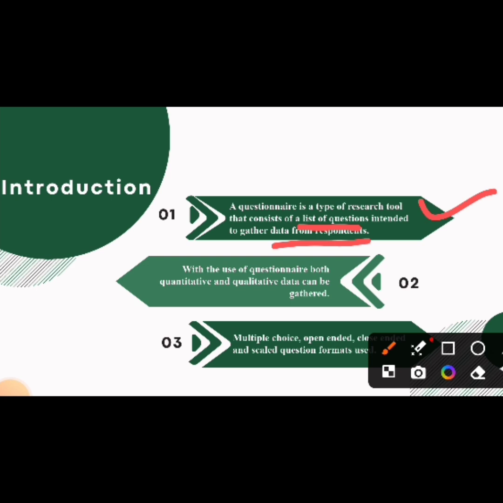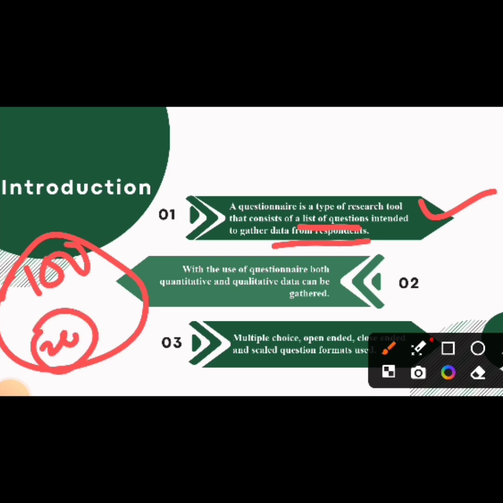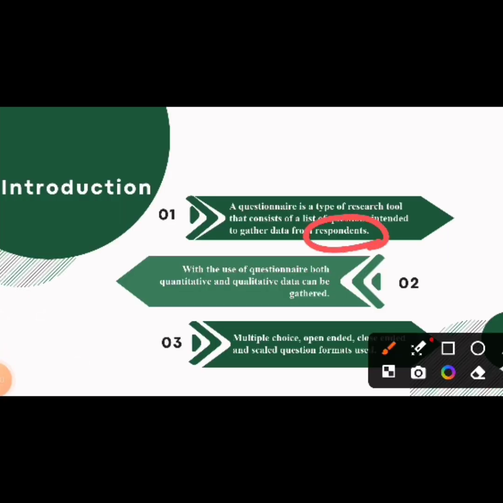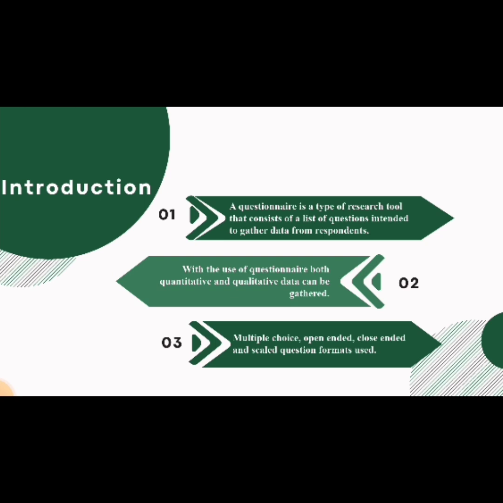So we have to collect the responses. That means if our population is 100 people, okay, and from those 100 people we have to study only 20 people. So respondents are, we can say, the people who are selected from the population as a sample to study. Okay, now